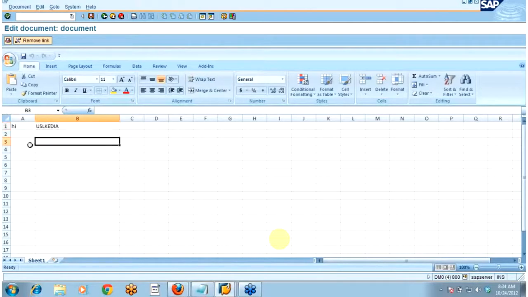In fact, you can change it here and save it. You can go out.